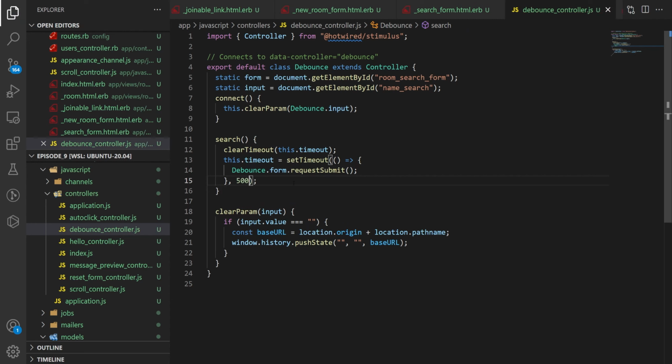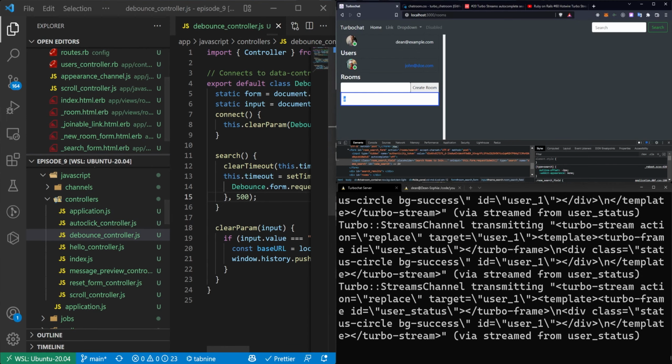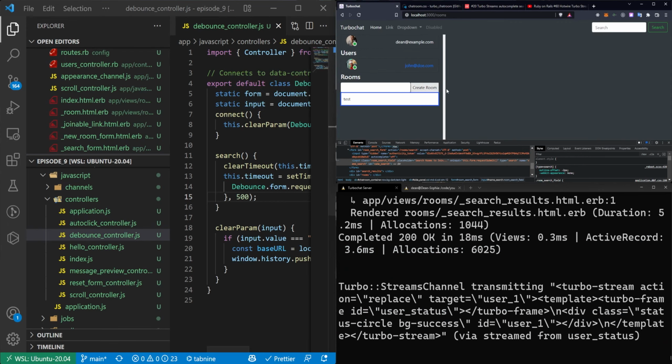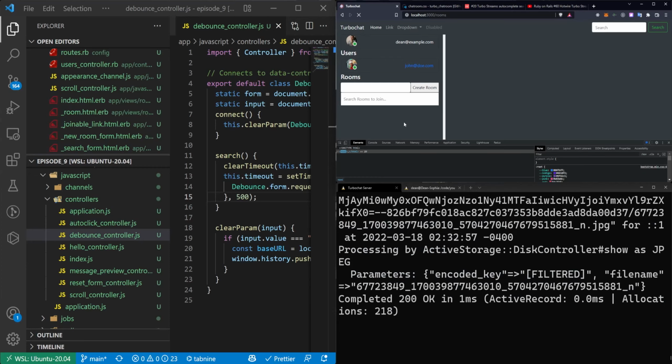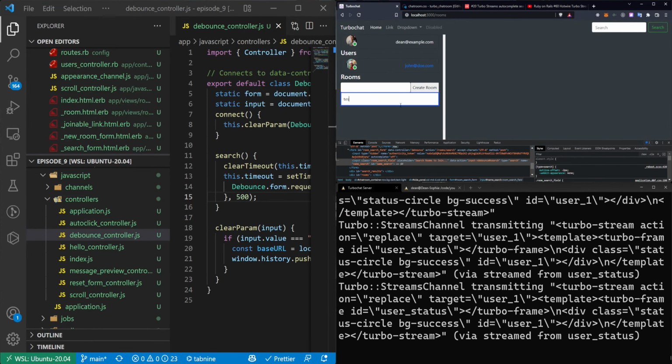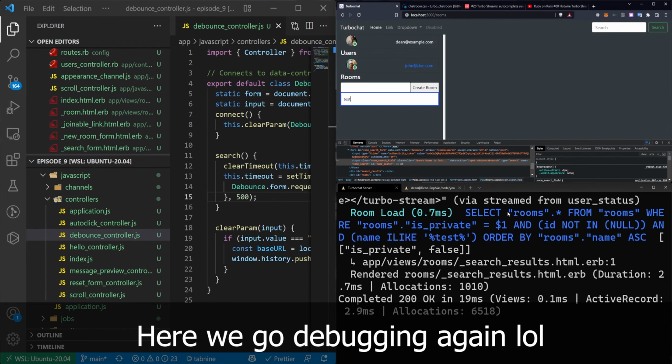So basically what this does is it makes sure that no matter how many times you type in the search bar, the submit request to the form is only going to fire if you're done typing for like 500 milliseconds, or half a second. So that just stops it. If you're sitting here and you're searching for something like test, it'll wait until you're done and then it'll fire the search. So now if we refresh, I type test, you can see here,